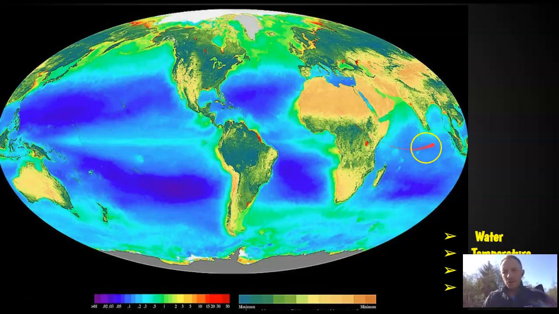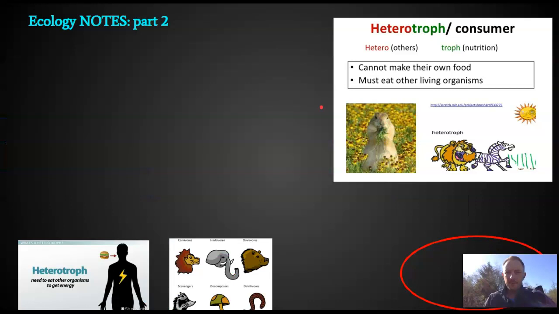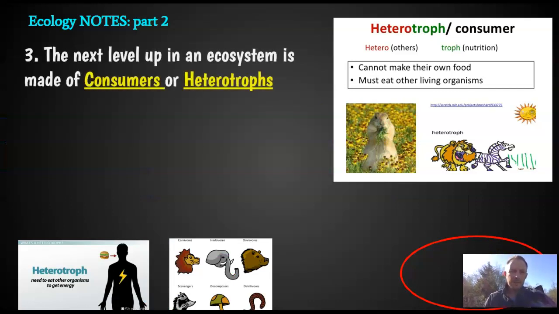And this is a map just showing primary production around the planet. The green on land is the highest production, and then the tan is the lowest production. And this really has to do with variances in those abiotic factors. Okay, let's get into it.